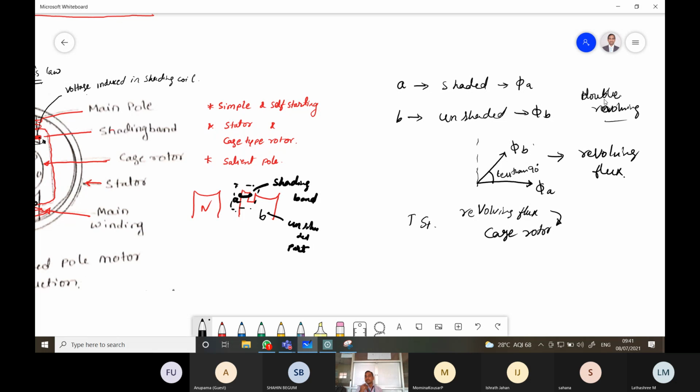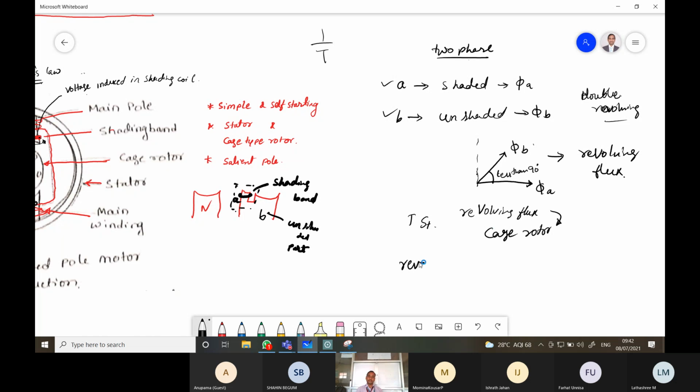Last class we studied the double revolving theory. For that, we require at least two phases. This two phase concept is also applicable in the shaded pole motor. Here we are not using any capacitor for split phasing, but only changing the angle. We split the phases by arranging shaded and unshaded parts. Hence it is called a shaded pole induction motor. In a shaded pole induction motor, reversal of the direction of rotation is not possible.